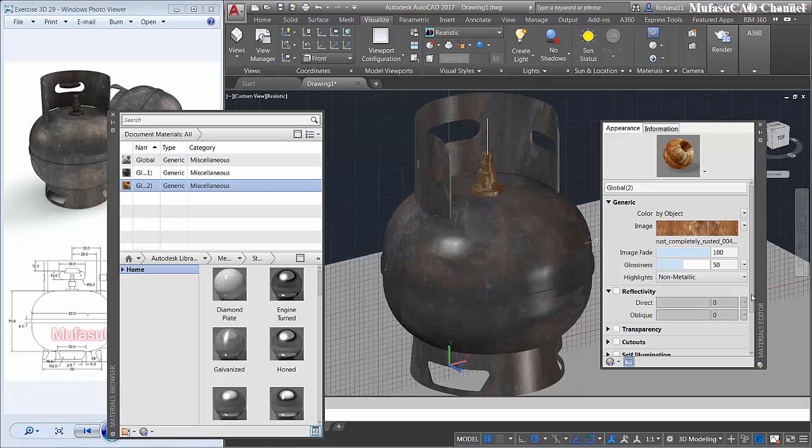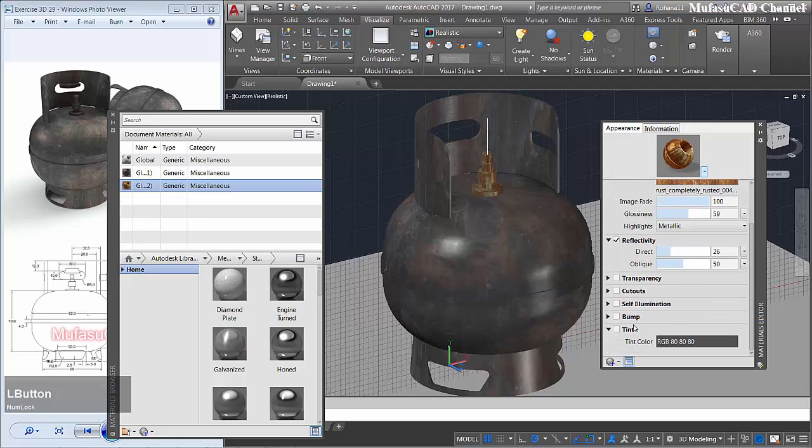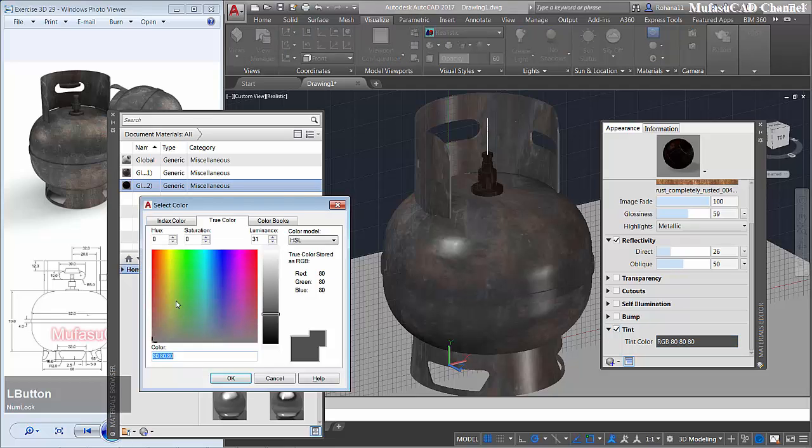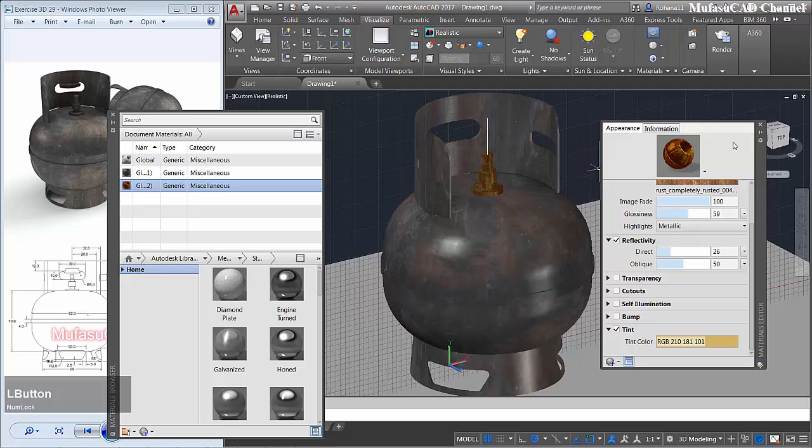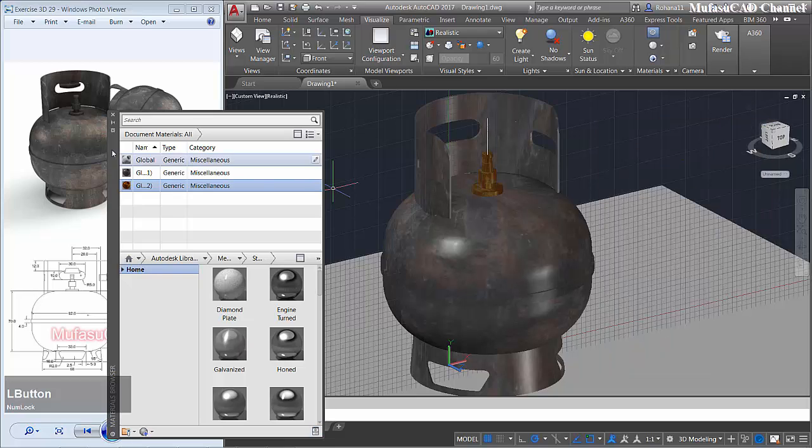I will use reflectivity and change to metallic. Move glossiness to this point and direct to this point. I will use a tint color, change the tint color to this color, and move this to this point. Okay, close and close here.